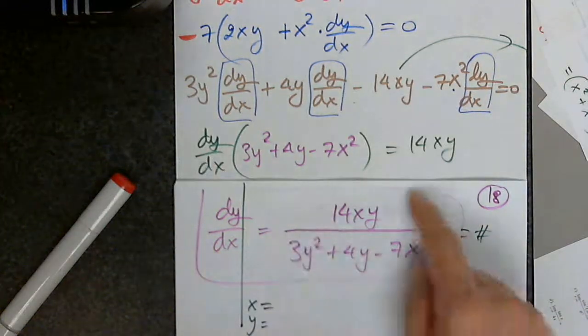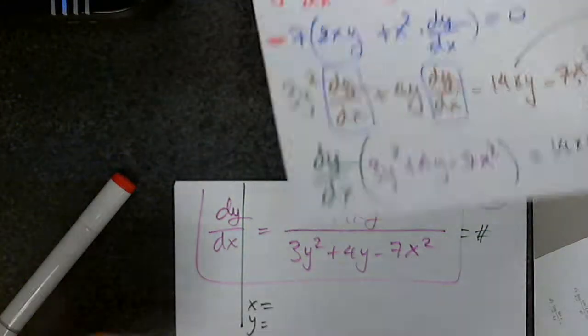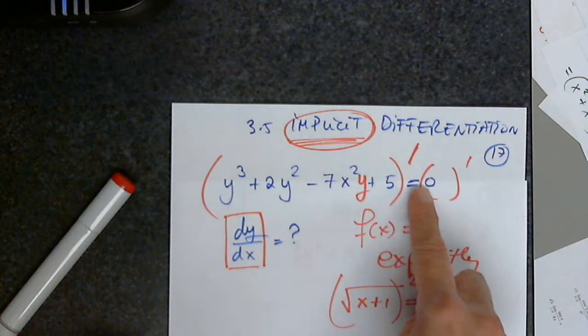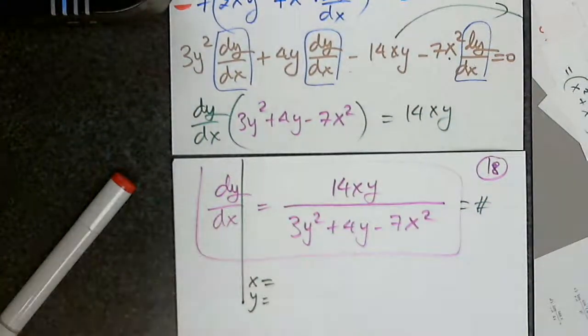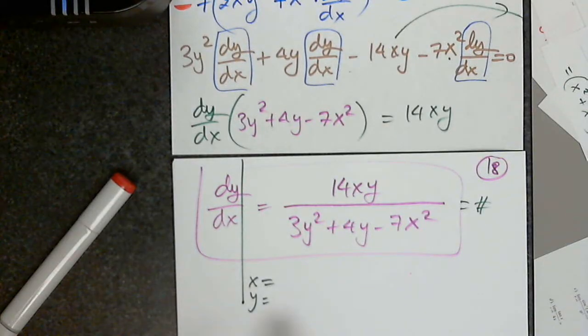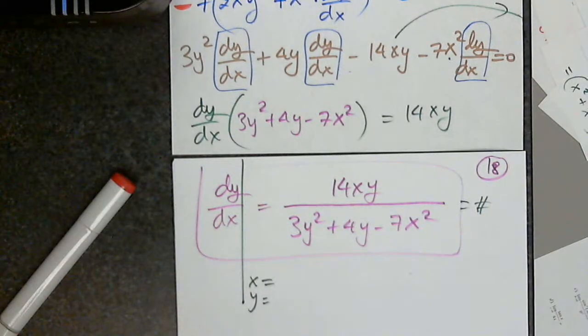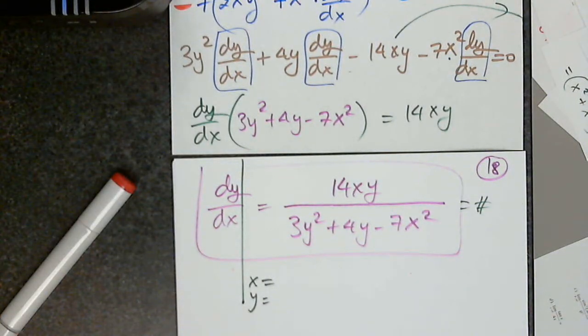Although I don't have this expression, if I have a point, x comma y, of course, x comma y has to work here. When I plug in x and y, I have to get 0. Otherwise, x comma y doesn't work, that's why I don't have a number. I just made the problem up a second ago. So once I have x and y, and I plug them in here, I will say, although I don't have y, I can tell you the rate of change of y with respect to x at point blah, because I can plug it in and give you the number. So that's the use of